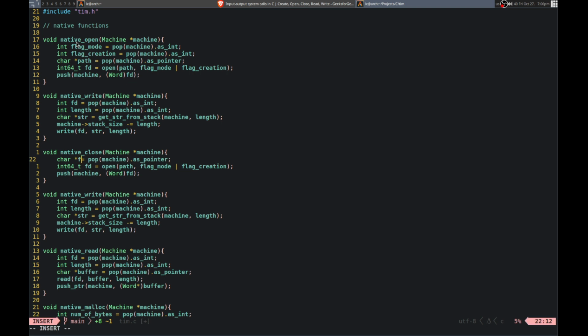So we'll make this file descriptor equal to file descriptor equals